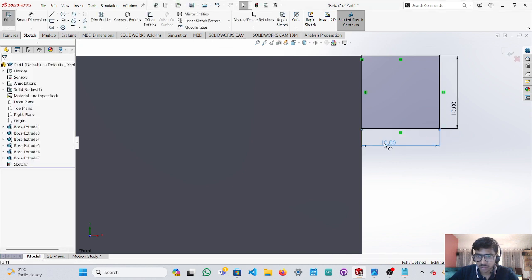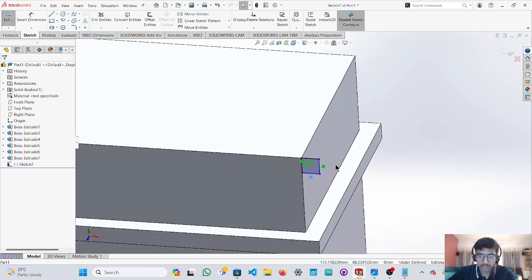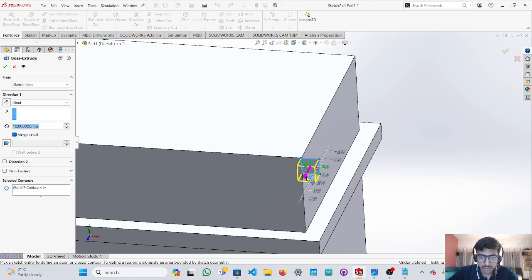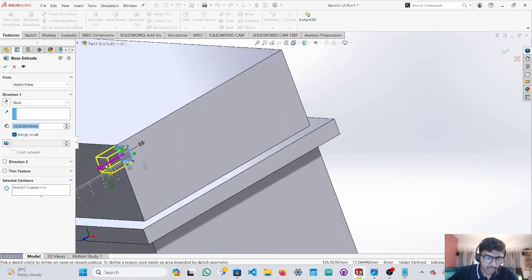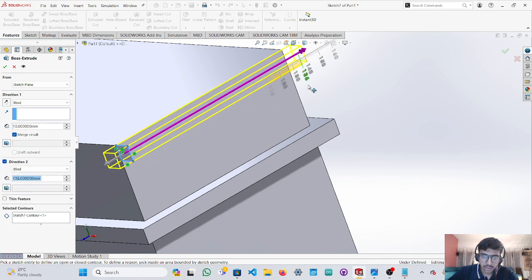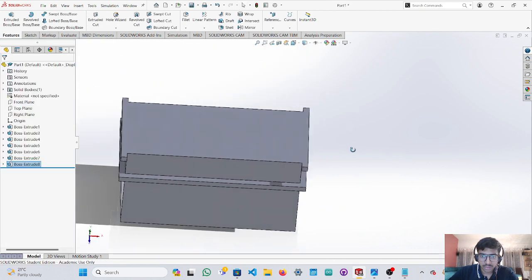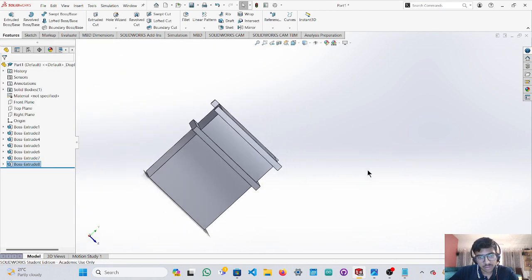Yes, okay, so now we just delete it, and the same thing we do is extrude this part by 10 on this side, and this goes to 140. Yes, alright, now we come to